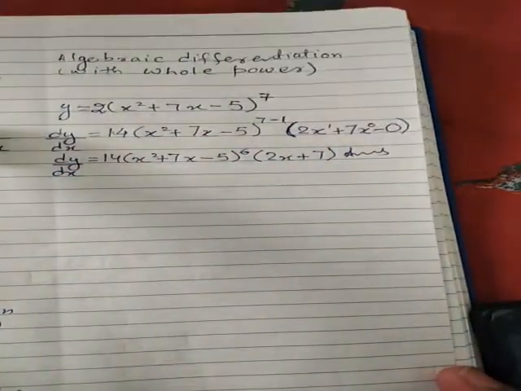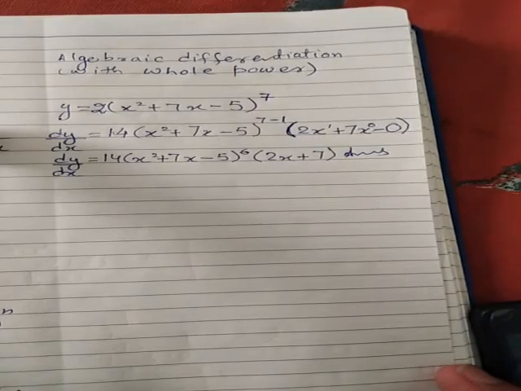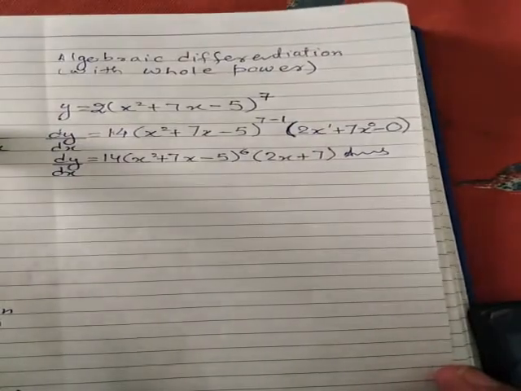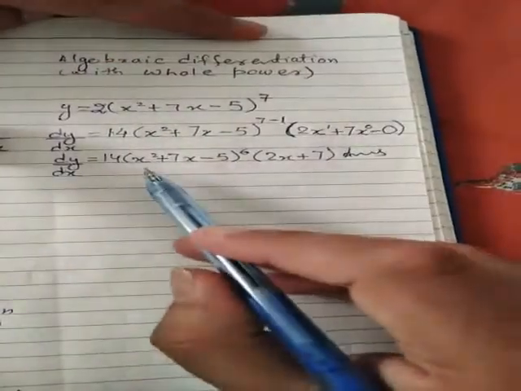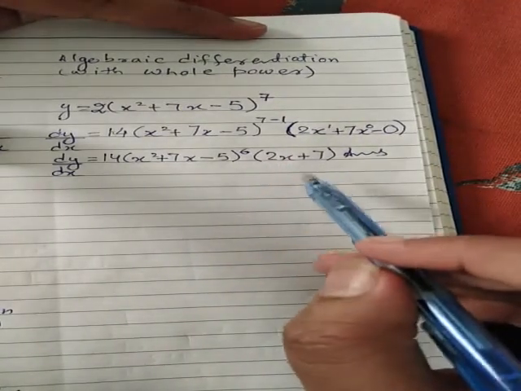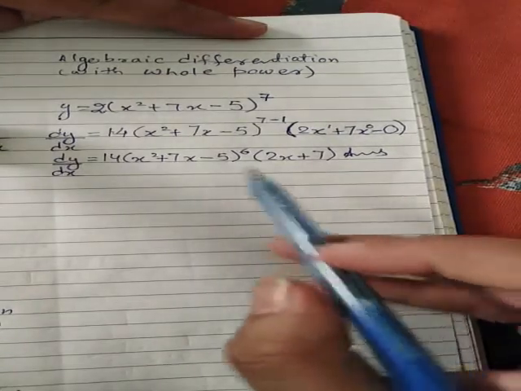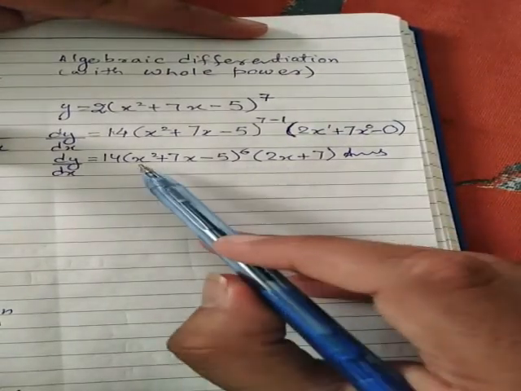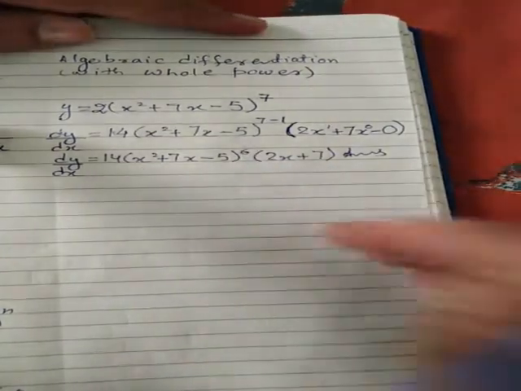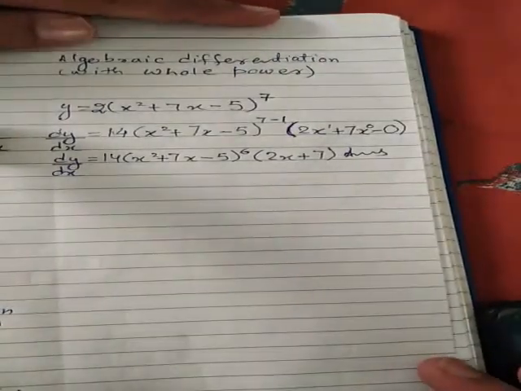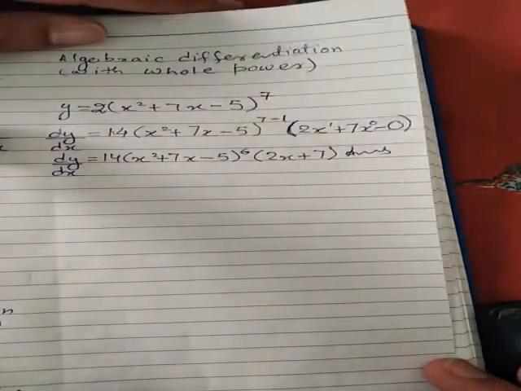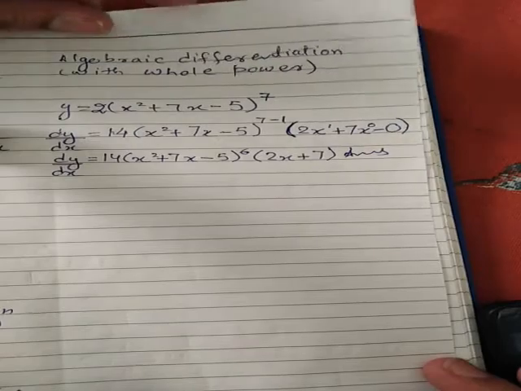Right? Now if they would be asking at some point, okay, find the gradient at x equals to 1 or x equals to 2 or x equals to 3, whatever, what will you do? You will put those values over here. Whatever value they tell you, at this point we want the value of x or value of y, you will just put the x values over here, and you will have the differentiated value or gradient value. Right now it is the gradient equation, but if I put the value of x, this will become the gradient value, right?